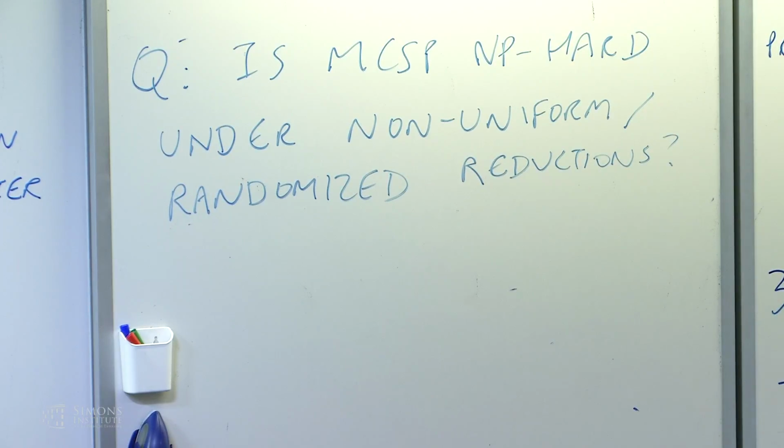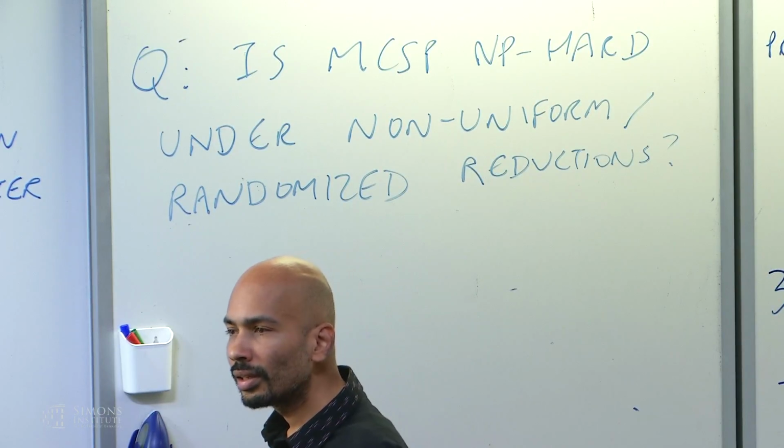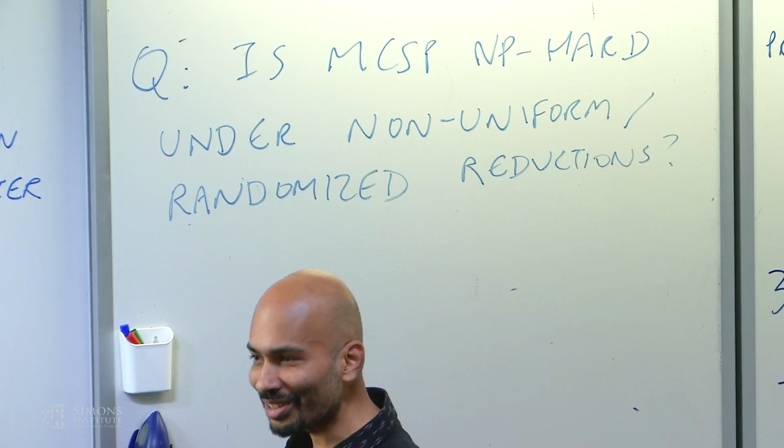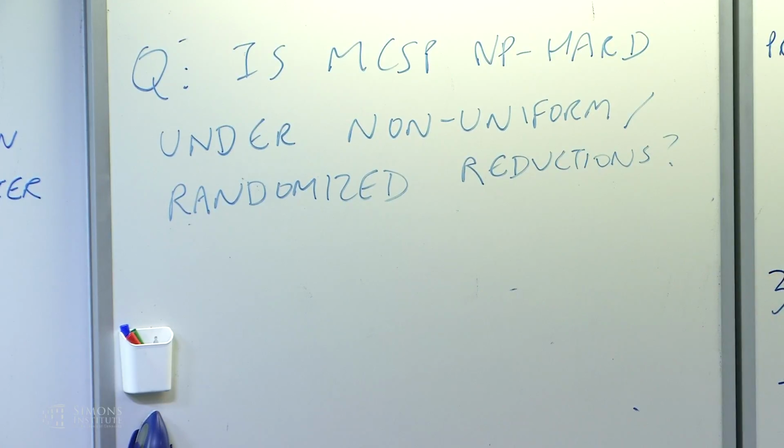Wouldn't Murray-Williams apply even under non-uniform reductions? Sorry? Their result is for non-uniform reductions, but on local reductions, which are very simple. Here, if you allow polynomial size, it doesn't. Well, in fact, uniformity is pretty crucial in the Murray-Williams result. I guess they need to construct these circuits from the reduction. Is uniformity crucial or not, Ryan? Do you remember? Determinism is not crucial. The lower bounds hold for randomized algorithms. But uniformity is, I think so.